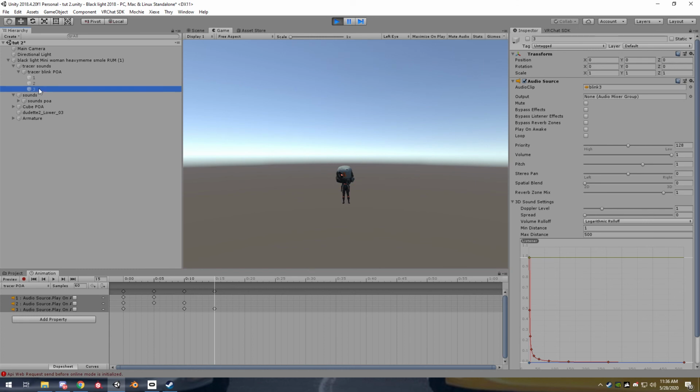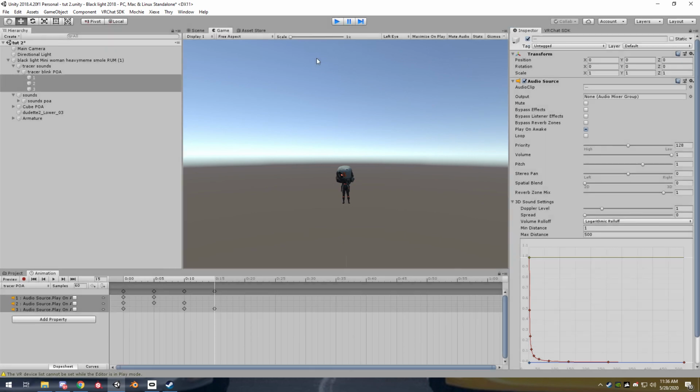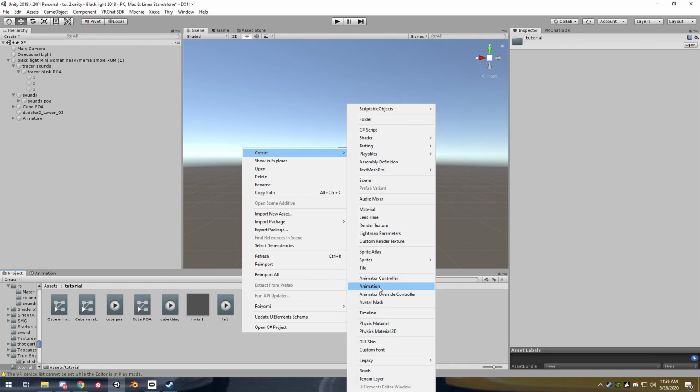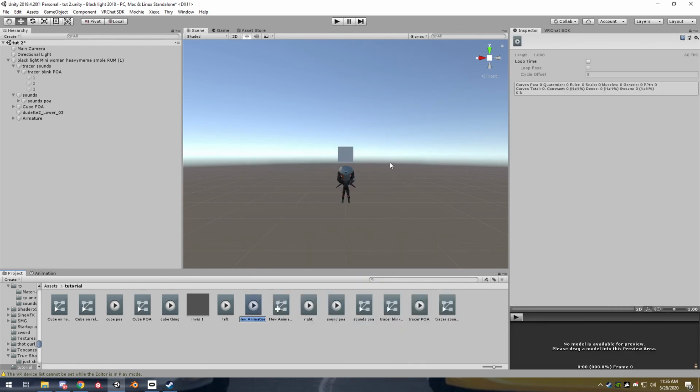Now this is what you have to do for your animator. In your gesture override, all you do is turn this on. Every time you turn this on, whichever play on awake is on, it's going to play that sound. You're trying to figure out now, how do I put this as a gesture? Well, I'm glad you asked. It's so simple. All you do is create your animation, call it blink, because that's what the sound is, blink, loop, because it's